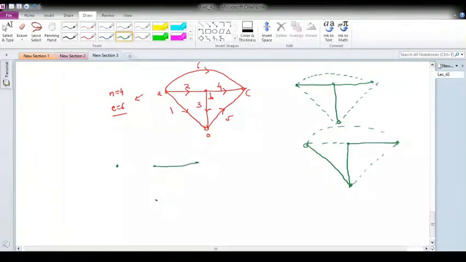Suppose this is 1, 2, and 3. So all nodes are visited without forming the loop. Okay, so this is also one tree, and with these directions, mind you can give it. Which was 2, 3, 4. Here it was 1, then 3, and then 4. Here it is, this is 1. Okay, this is 5, and this is 4, which is A, B, C, and O.